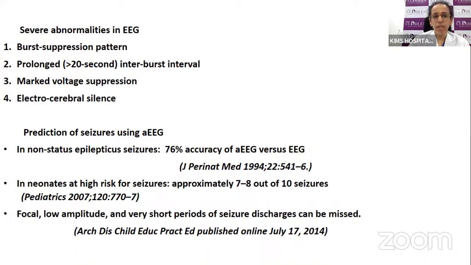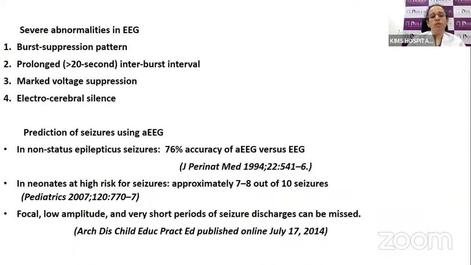So if we see the burst suppression pattern prolonged more than 20-second interburst interval, marked voltage suppression like we have seen, the continuous low voltage EEG, and the flat tracing. These are the severe abnormalities in the EEG, and they help to guide us to decide about the prognostic value for the baby. Suppose how to predict the seizures, what is the prediction rate of seizures with EEG, we should